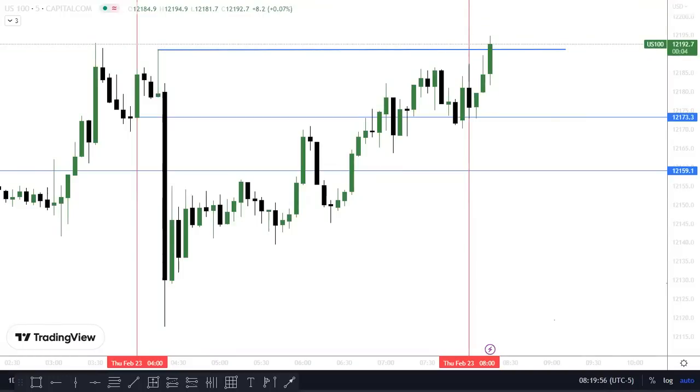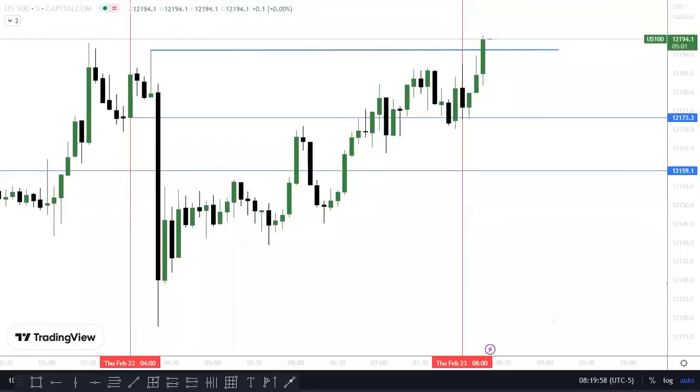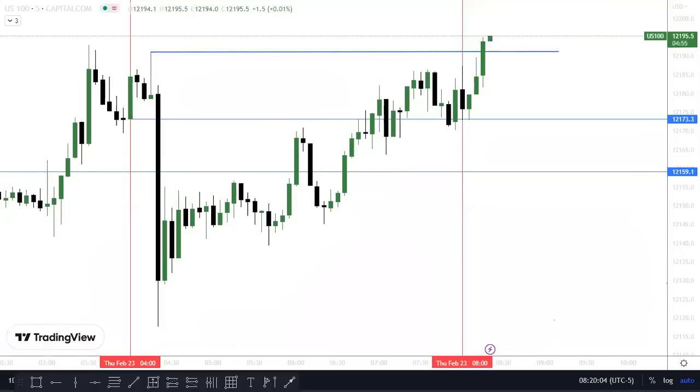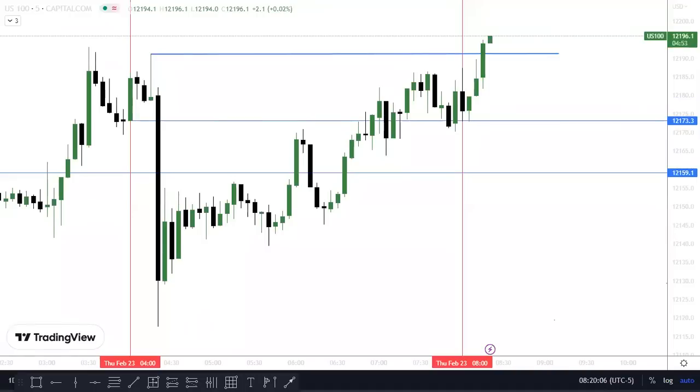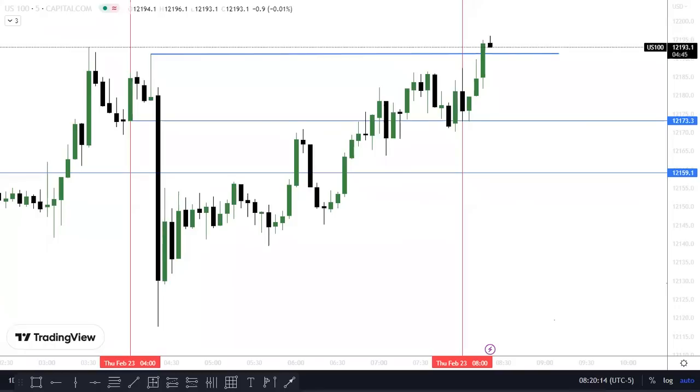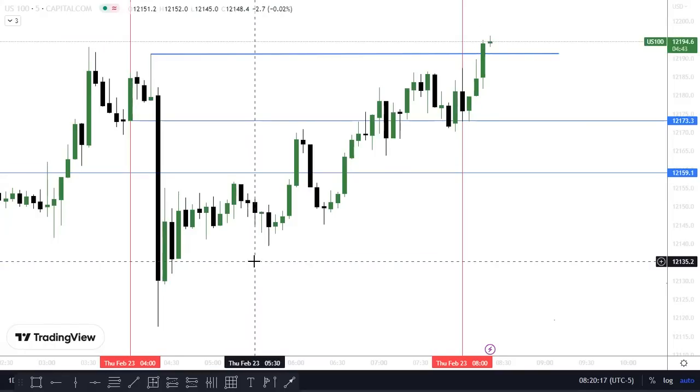What do you think about Euro dollar? Euro dollar and GBP dollar generally do the same thing as DXY. Back when I used to trade them both, if I was bullish DXY, I would go long Euro dollar. If I was bullish DXY, I'd go long GBP dollar as well. I haven't looked at them in a long while, but that's how I used to trade them.